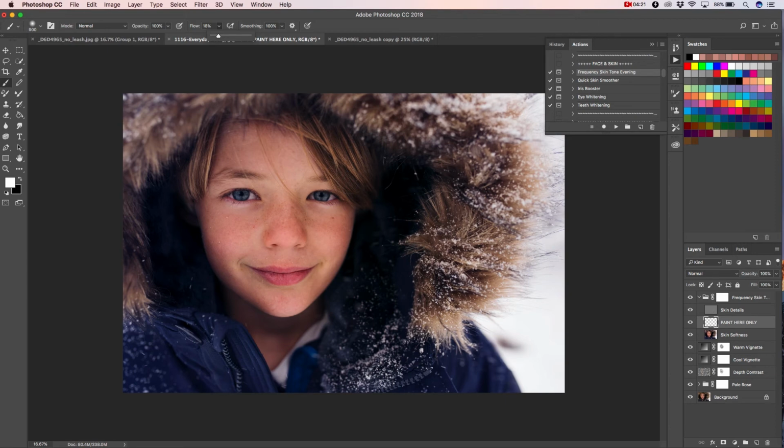But since this is a demonstration, I'm going to set the brush way higher, to about 20%, just so you can see what the brush is doing. And then if I need to, I'll just turn the opacity of the layer down as soon as we're done. So we want to paint on this layer with the skin tones that we're trying to smooth out. So we'll grab the Eyedropper tool, we'll sample some skin tones, and then we'll just start painting. And as I'm doing this, even with a 20% brush flow, it might not immediately be obvious that changes are being made. But when we toggle the layer on and off, you can see that the change is actually quite